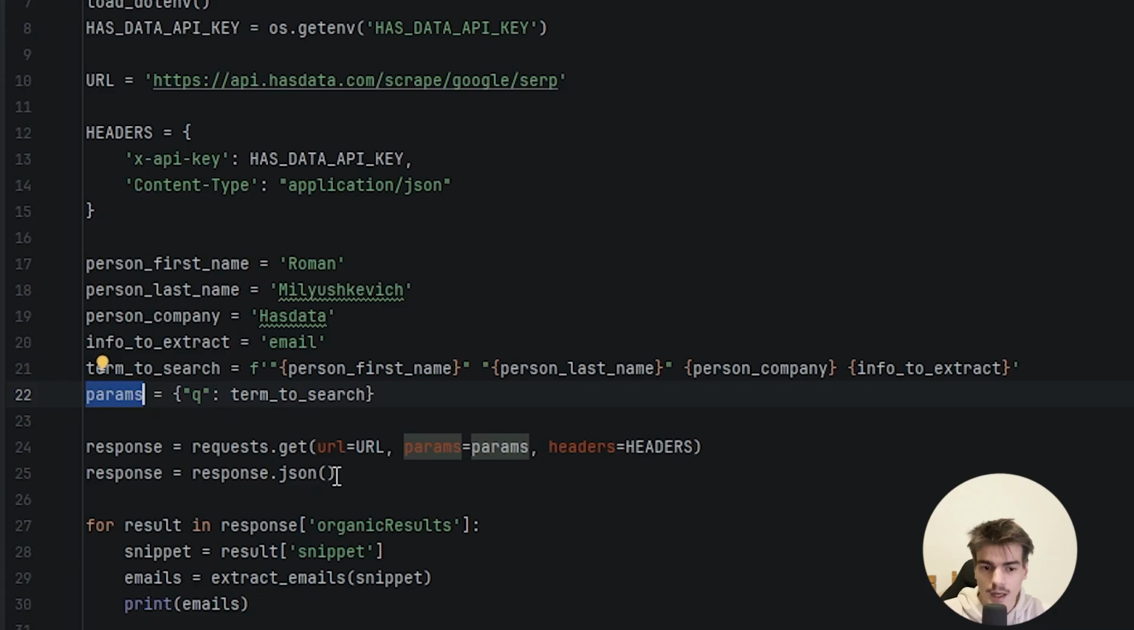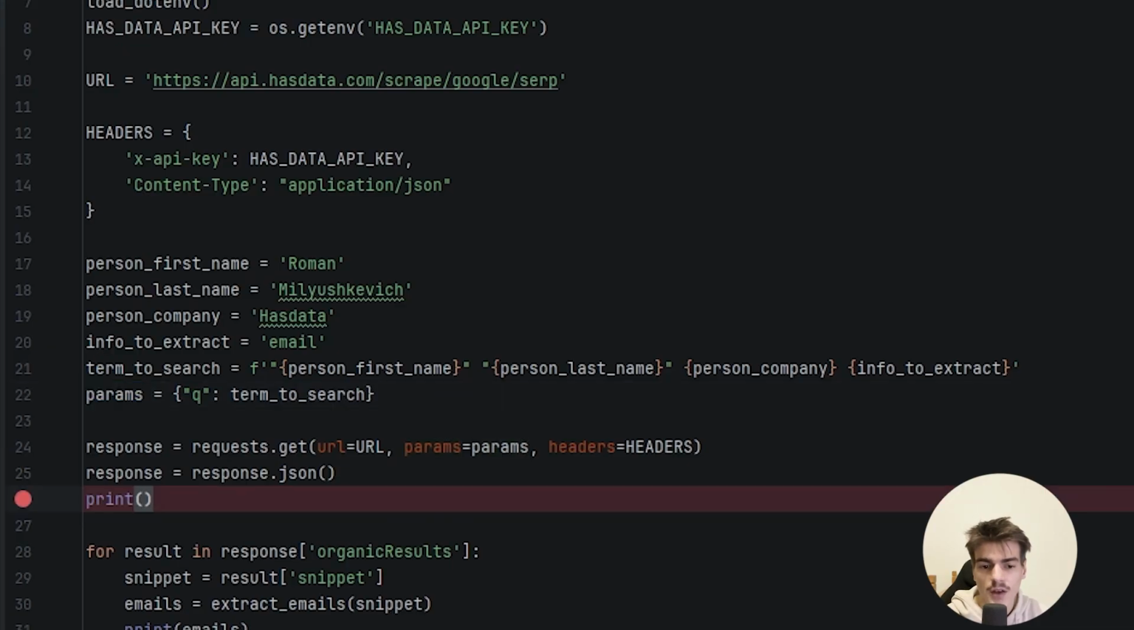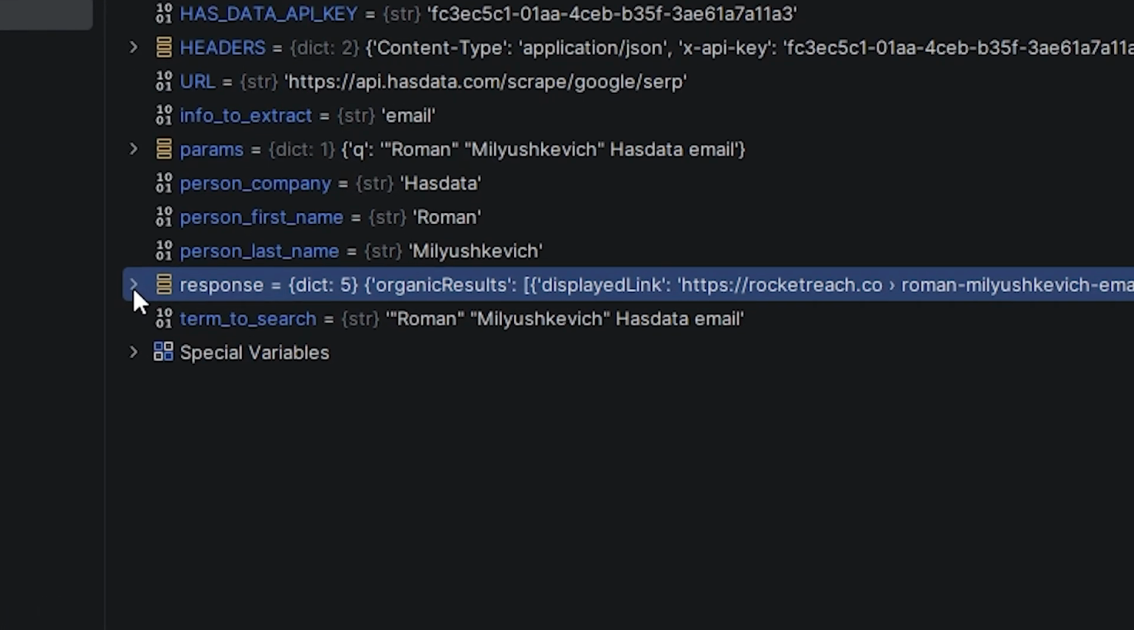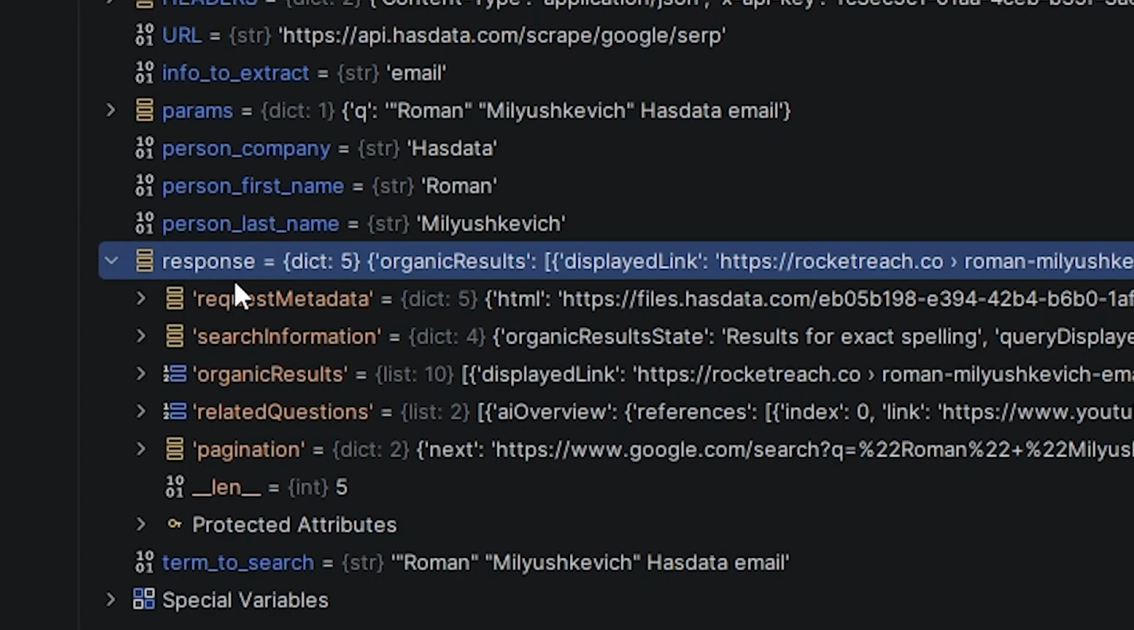In order to tell HasData API what we want to search, we're going to use the Q parameter, then put the query we want to search. Okay, let me show you what kind of data this API returns. So we got the response, and if I open it up, you can see that it comes with a lot